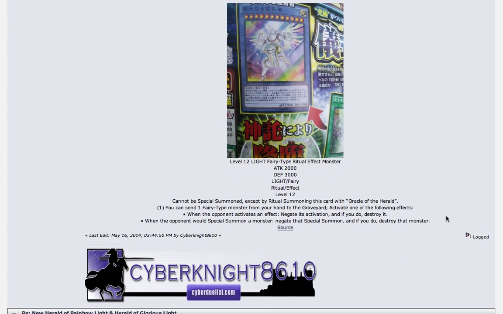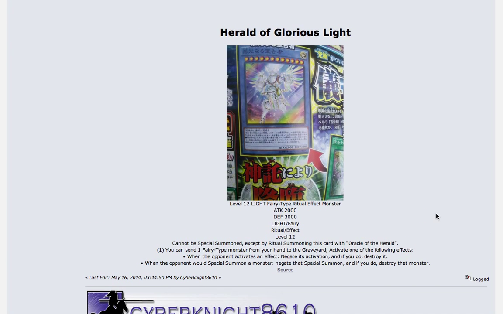So yeah, quite good. And then the next is the new ritual monster. We don't see these very often. He's level 12. He's basically Herald, but he's really big. So he's a level 12 light fairy type ritual effect monster, 2000 attack. So it's only about 200 more than Herald, and it's 200 defense more than Herald as well. So 3000 defense, so not really that big,